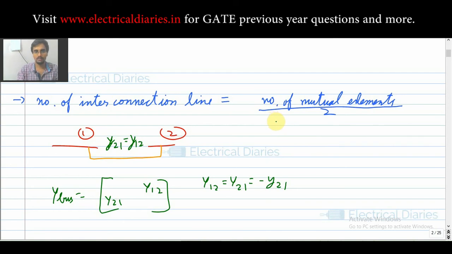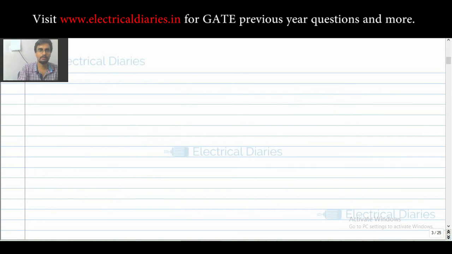Okay, so this is the second important thing of this video. First was the basic concept that I have told you. Now one more thing you should remember, that you should not confuse between the admittances and reactances. Seeing the questions, they won't give you directly the admittances. They might give you the reactance of this load, that is your x11, and they might give you the reactance of this line, that is x12.